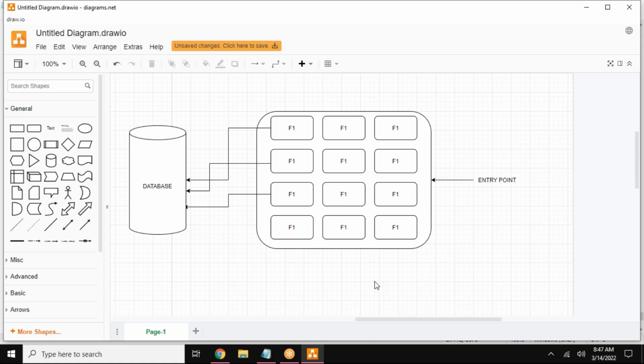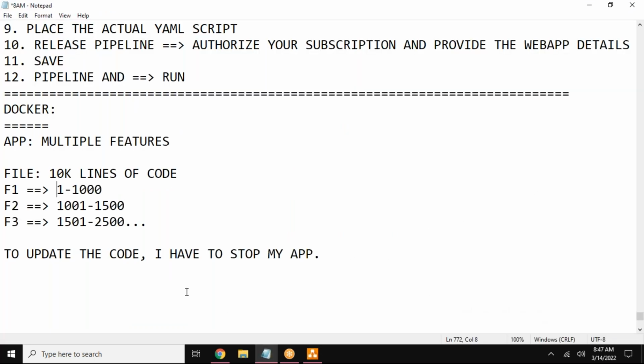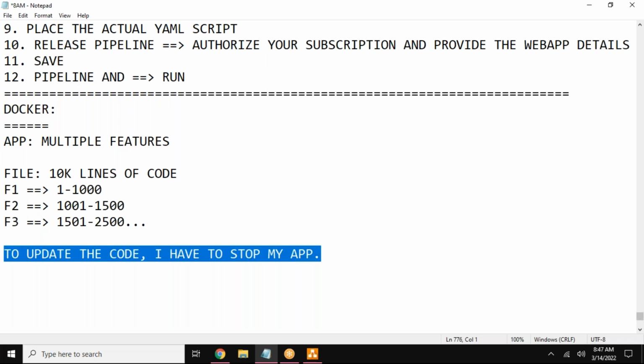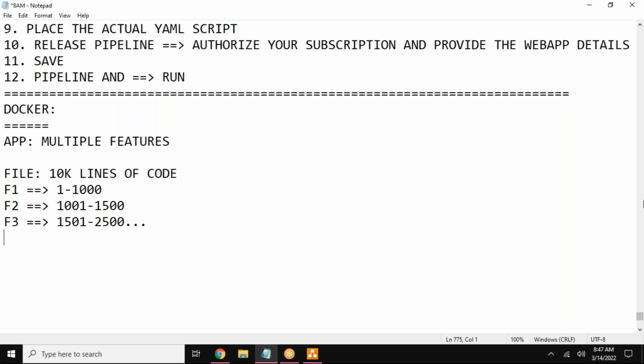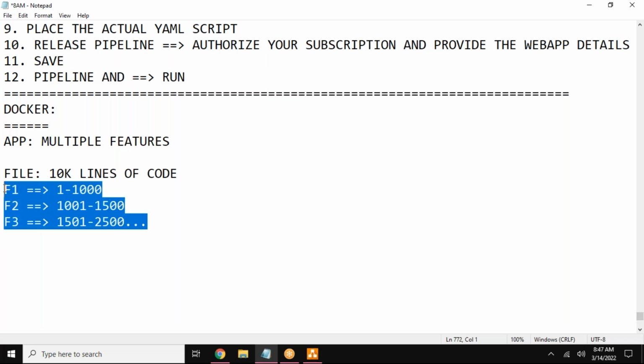So that is what I do. I made a small change in that scenario. That is where Docker came into the picture. What Docker did was say, okay, you're saying that you have multiple features, right? Can you do one thing for me? Instead of having all the features in one single file, in the same 10K lines of code,